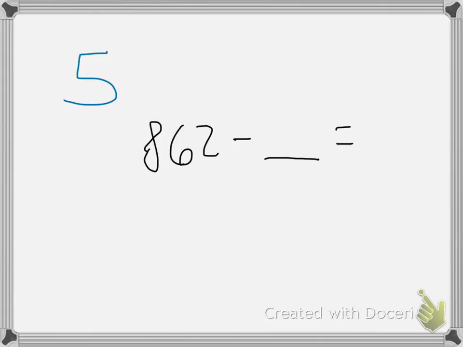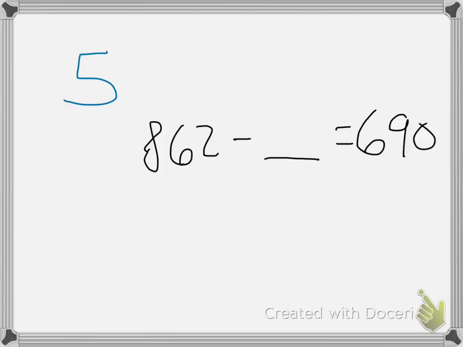So for problem 5, I'm going to go ahead and have you do this one completely on your own, because I think I've given quite a few examples. I will do just one little hint though. Okay, so we have 862 minus blank equals